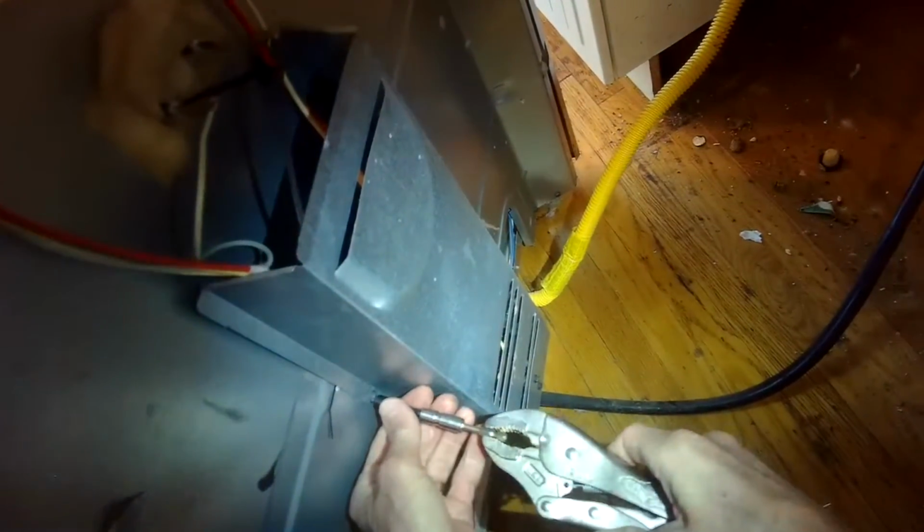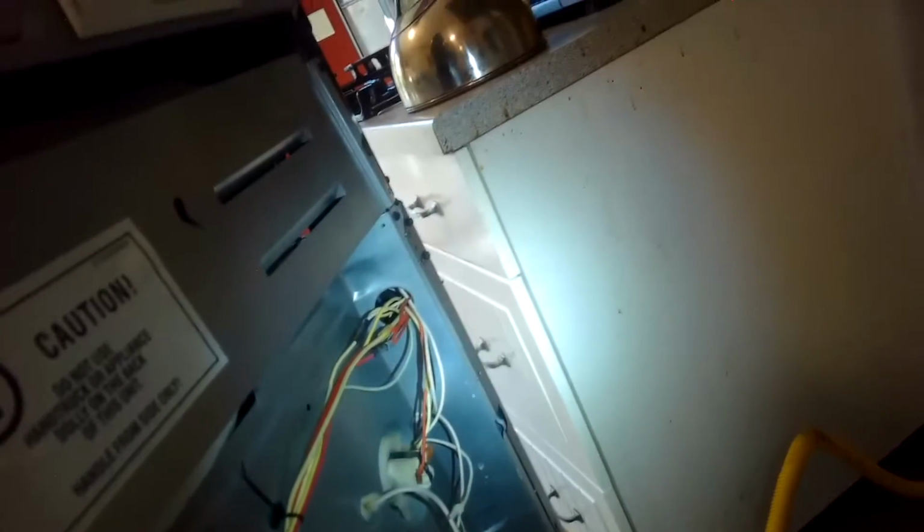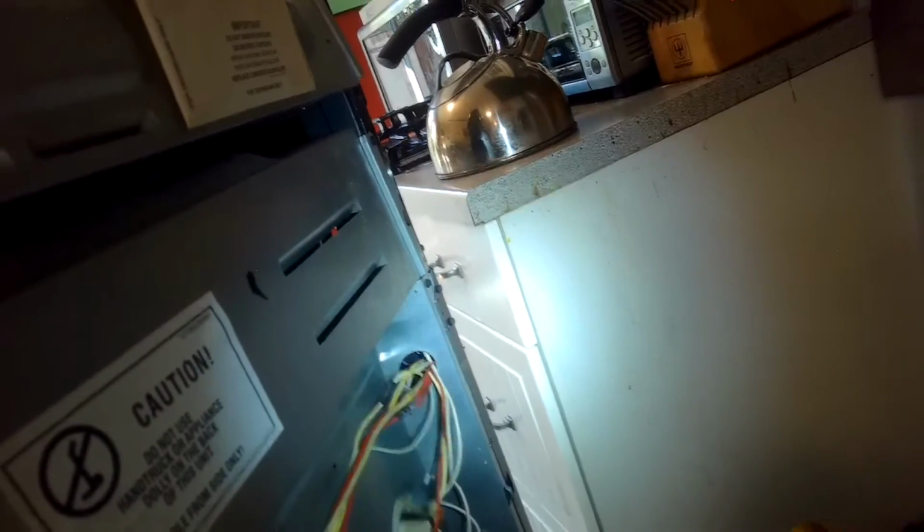Customer let me know that that's actually brand new also. So I am suspecting that maybe those mice have done some damage. Just doing a little bit more inspection here. I'm pulling off this little panel, and this covers up the terminals for the bake igniter. I'm sorry, for the bake element,